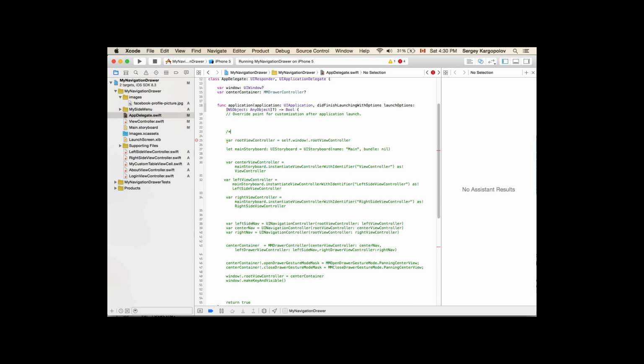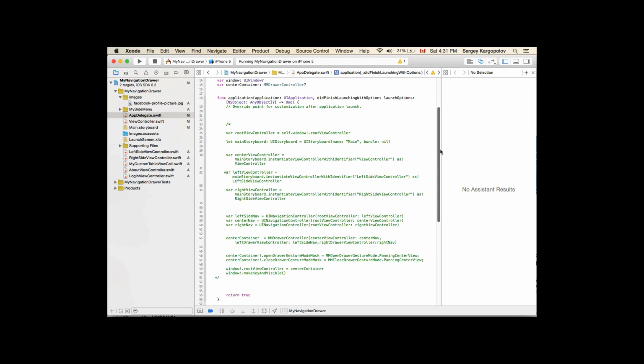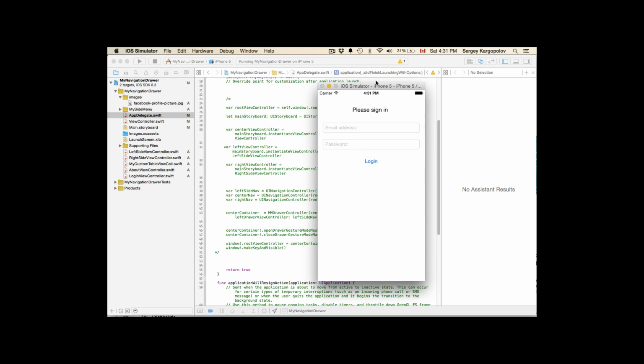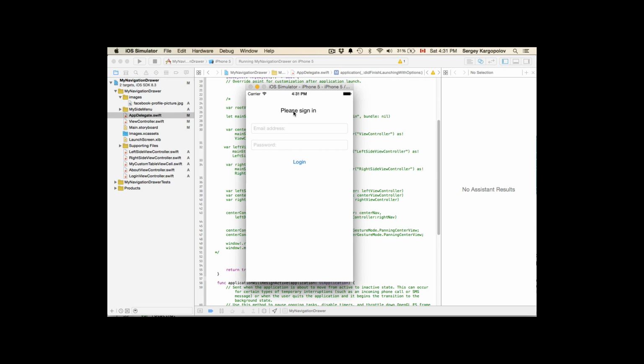So I will comment out this code because I don't need it at this moment. I will reuse it later on. So now didFinishLaunchingWithOptions doesn't do anything. It's an empty function, it returns true. So let me stop it and run it again. Very good. So now I see my login view controller,